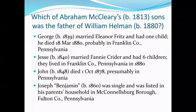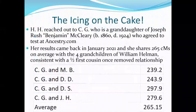So they're both in the right place at the right time for Joseph Benjamin to have been the father of this child and for Sarah Swisher to have been the mother. As you probably also have noticed, they're first cousins to each other. So they knew each other, although Joseph Benjamin's a fair bit younger than Sarah, about 8 to 9 years younger. After we had basically figured this out, which occurred in late November, early December of 2020,